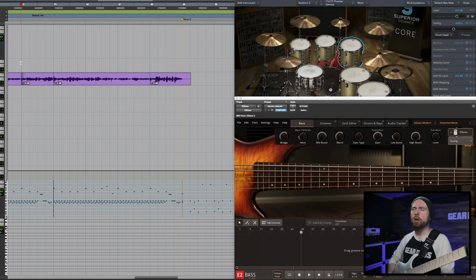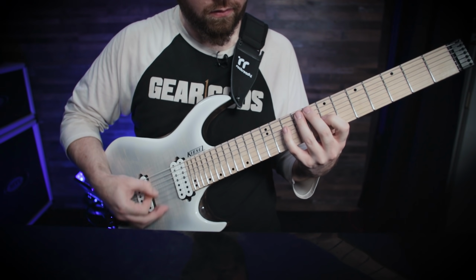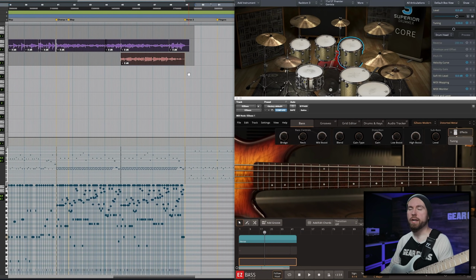I'm gonna add a second guitar part to the second half of the chorus to really kick it up a notch, sort of a counterpointy type of thing. Something like that. So now I'm gonna try just copy pasting what we have so far on the next part